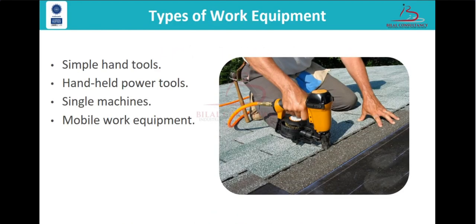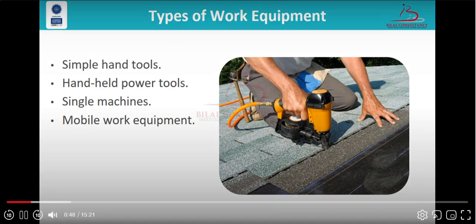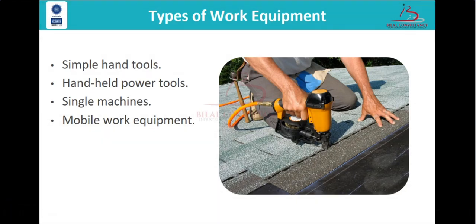Moving forward, we're going to first discuss the types of work equipment which we use at our workplaces. Note that in this element, the phrase work equipment will be used in a very wide sense to include simple hand tools, for example, a hammer, screwdriver, or chisel; handheld power tools, for example, a portable electrical drill or circular saw; single machines, for example, a bench mounted abrasive wheel, photocopier, lathe, or compactor; mobile work equipment, a tractor or mobile crane, for example; and machine assemblies, where several machines are linked together to form a more complex plant, such as a